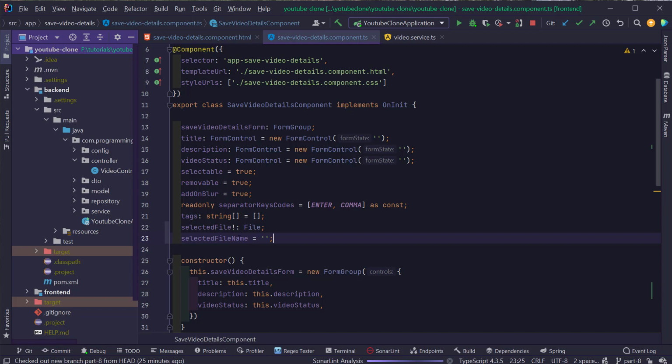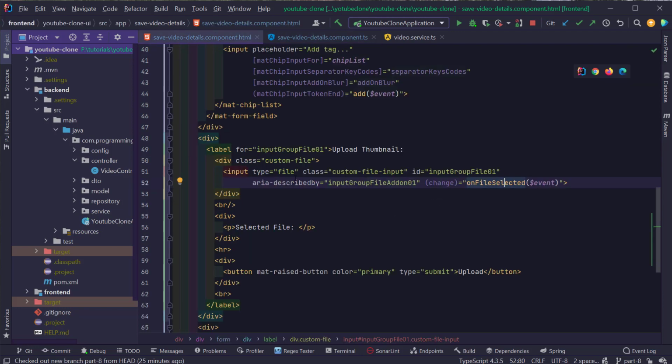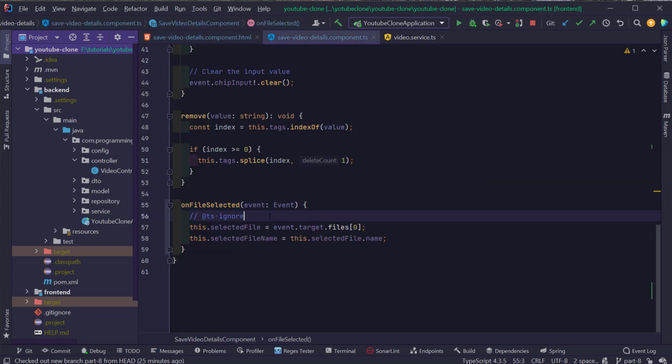Define it as an empty string, the selected file name variable. So again, to recap, whenever the user selects the file from the file system window, we are going to trigger a change. So Angular is going to detect a change and trigger an event. And whenever that event is triggered, we are going to call the onFileSelected method. And in there, we are going to grab onto the file and assign it to the selected file variable. And from that file, we are going to retrieve the file name and assign it to the selected file name